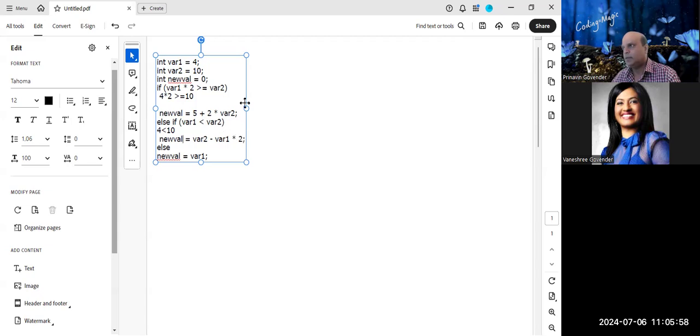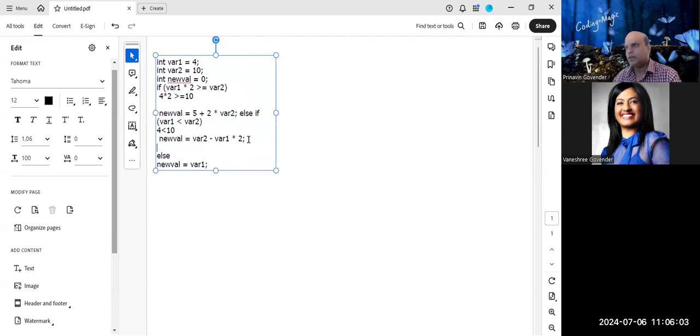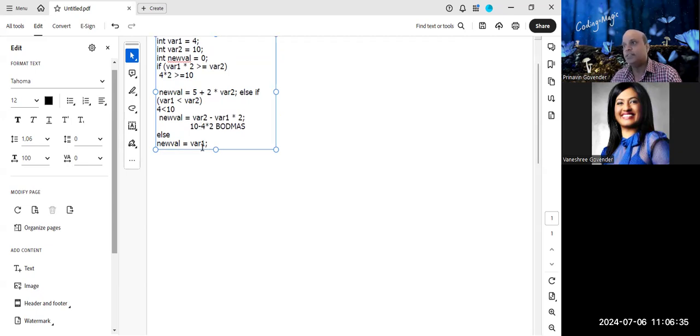Let me just move that aside. So let's just write that down. Now, if you had a pencil and you'll be writing on the examination paper, variable 2 is 10, subtract variable 1, which is 4, multiplied by 2. Aha, now we've got to use BODMAS. Multiplication comes before subtraction, BODMAS. This means I have to take 4 times 2, which is 8, sorry. 10 minus 8 is 2. So newval is now equal to